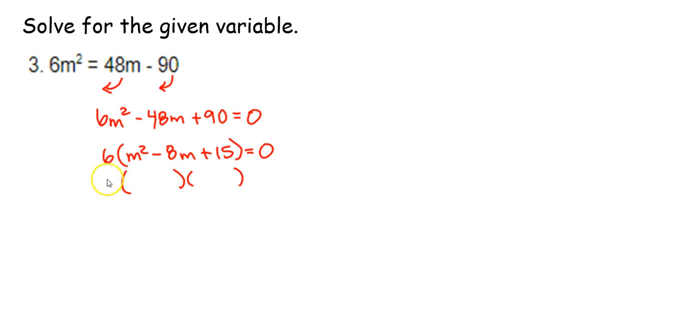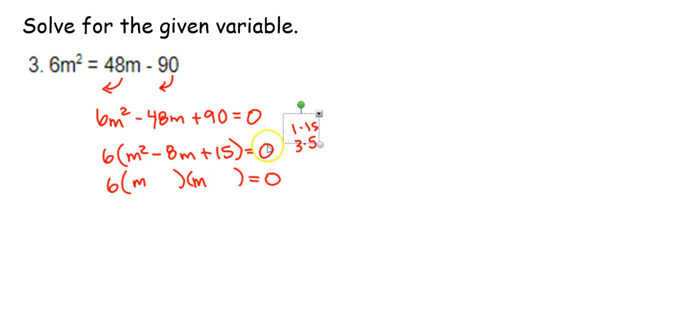I can now factor this trinomial a little bit easier on the inside of the parentheses. My 6 stays out front, and I'm looking for two things that multiply to m squared, so that's just m times m, and then I need factors of 15, so 1 and 15, 3 and 5,